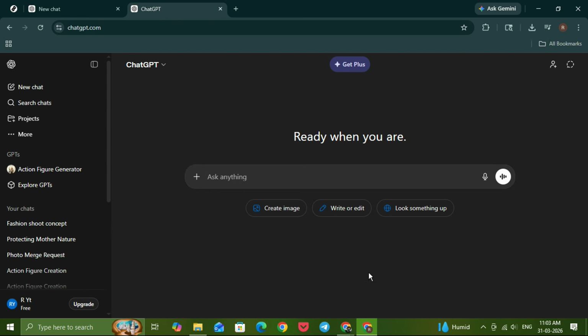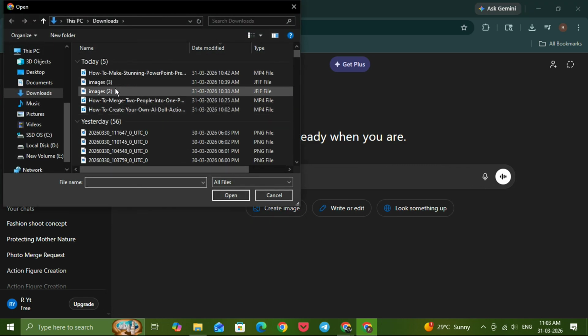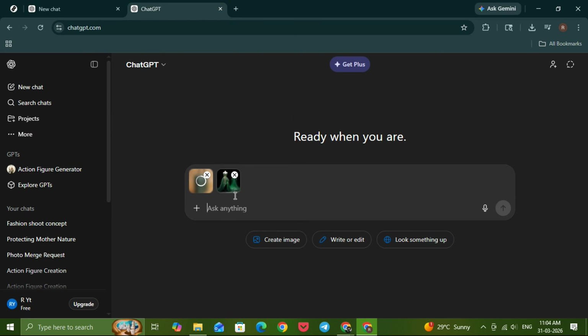The first thing you need to do is open ChatGPT in your browser and sign into your account. Once you're on the main screen, look for the plus icon in the message box. This is where you can add different types of input. Click on the plus icon and then use Control to select images if you want to include reference visuals. This step is useful because it helps ChatGPT understand the look, style, or product you want to base the ad on. If you already have an image of a dress, purse, outfit, or product, this is the perfect time to